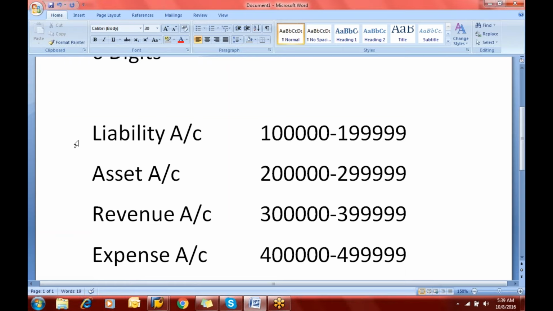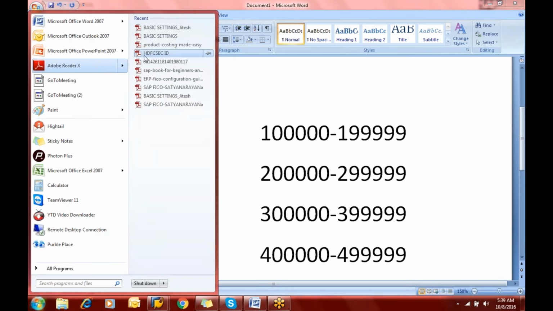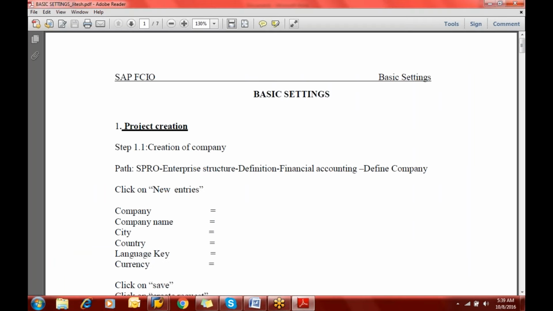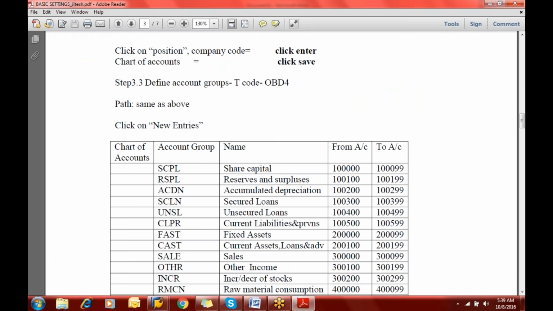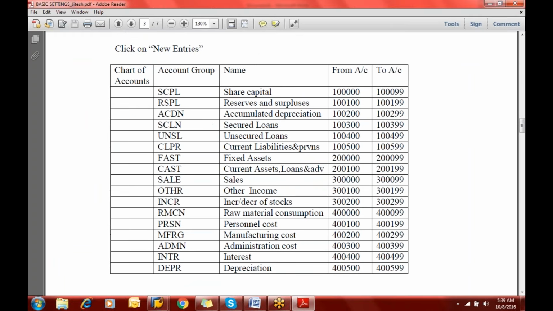Now here we have a sample chart of accounts. Let's suppose we look at the sample chart of accounts in the practice sheet. If you go through this chart of accounts, you will find that we have different types of groups. As I shared with you, what is the relevance of the group? So here